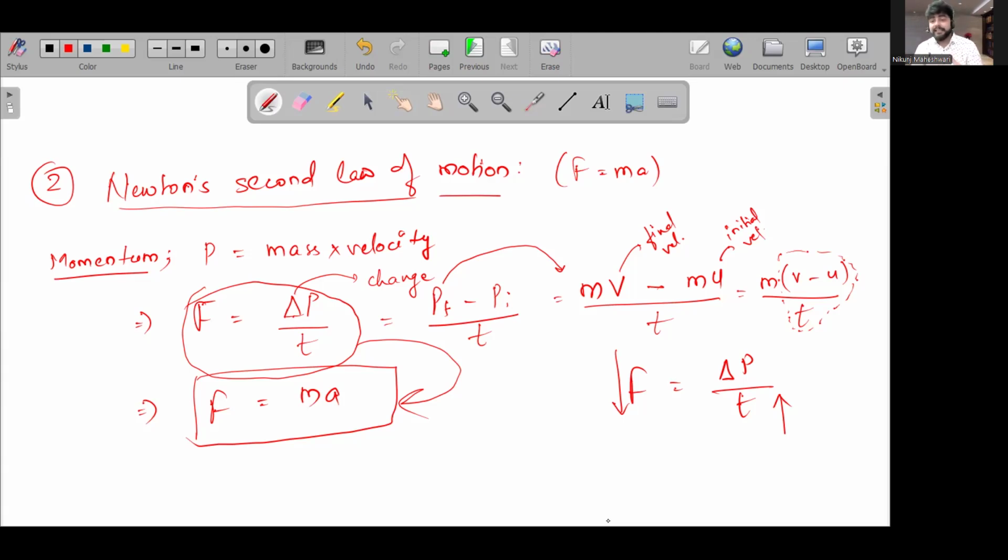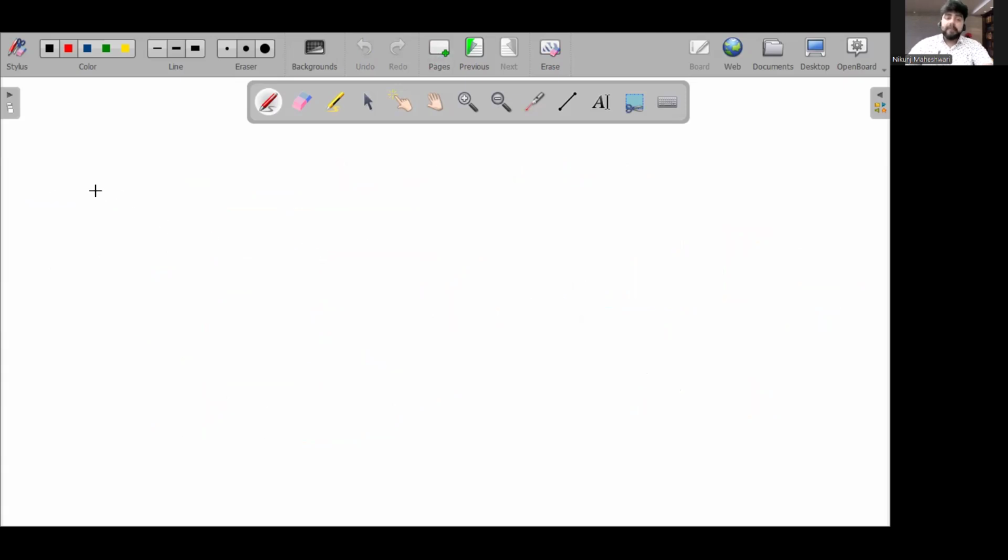You might have seen athletes. Athletes usually jump on a floor made up of sand. Why? Same concept, cushioned surface, sand, almost the same thing, right? So that is Newton's second law of motion. That means first law told us that you need a force. Second law could calculate the amount of force. Third law finally tells you the effect of that force.